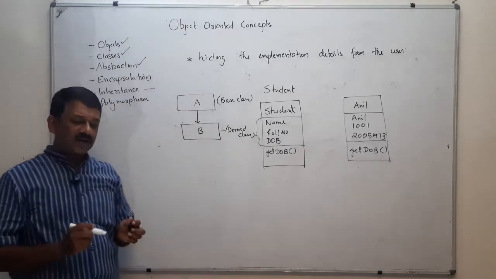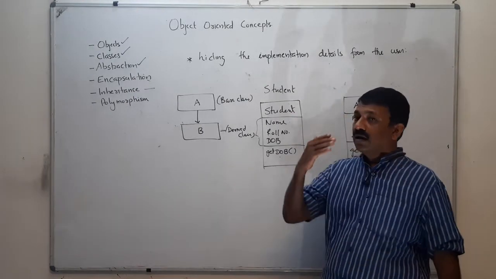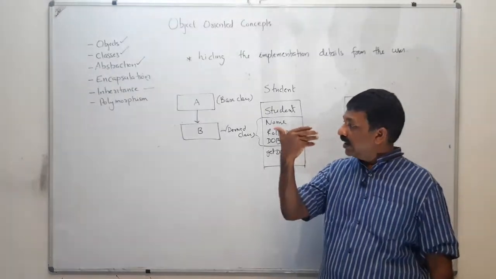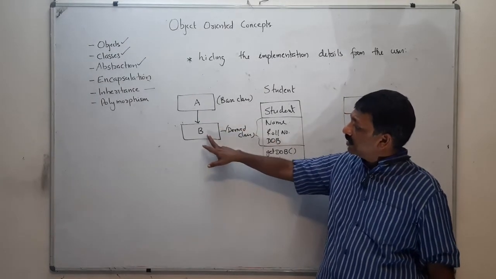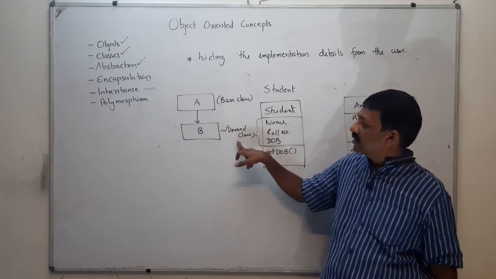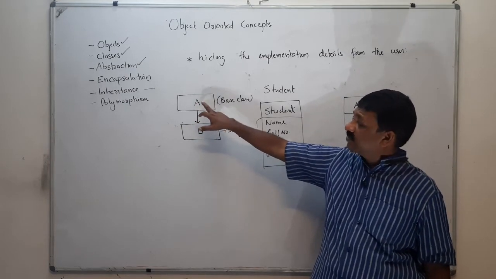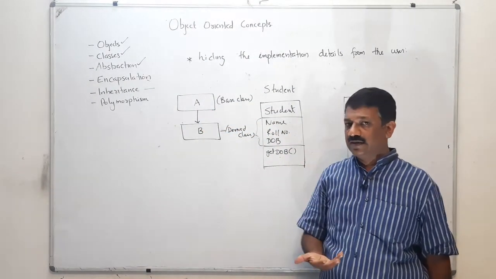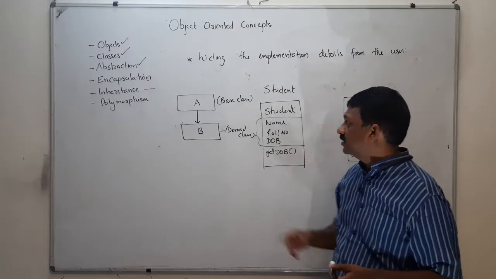The details of inheritance and its rules we will discuss later. You can derive a subclass from a parent class, and while creating the subclass, the child or derived class inherits all properties of A except some. That means private properties are not inherited. Anyway, inheritance means you can create a subclass from the parent class, which is called the base class.